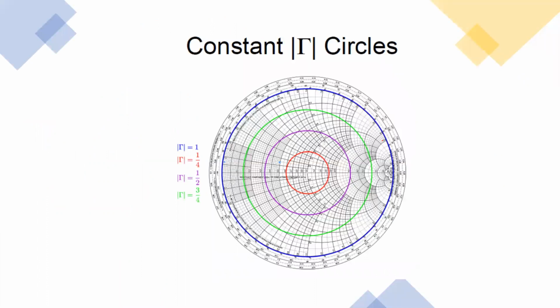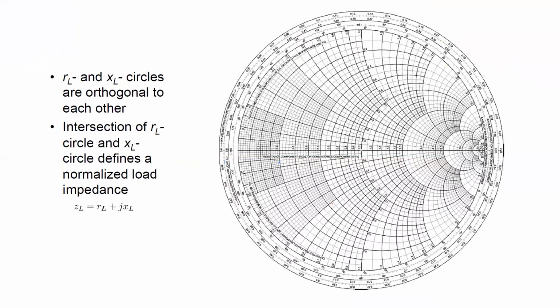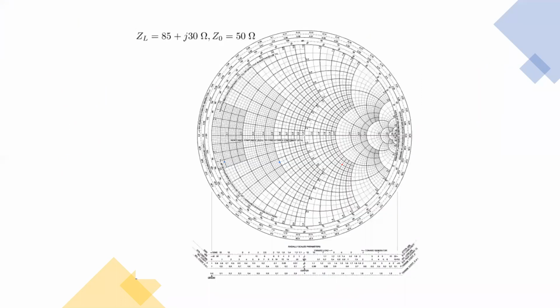Now you have another parameter which is associated with this, which is constant reflection coefficient circles. So this is actually a plot of the magnitude. Based on the values of the magnitude of the reflection coefficient, you need to draw the circles. These circles are not present in this graph. Now, this is the center of the graph for the reflection coefficients we want to plot. So now how do I obtain it?